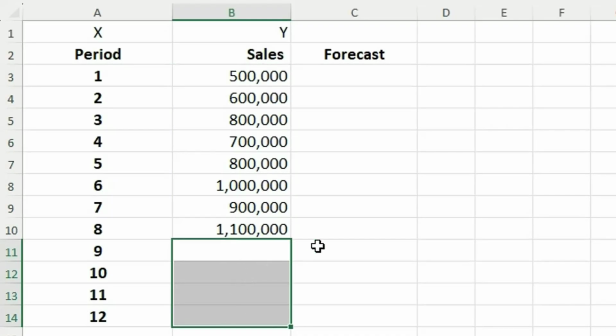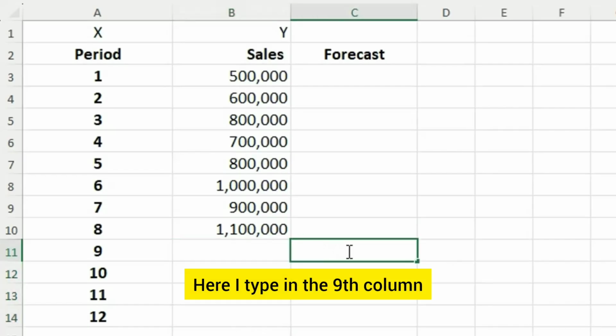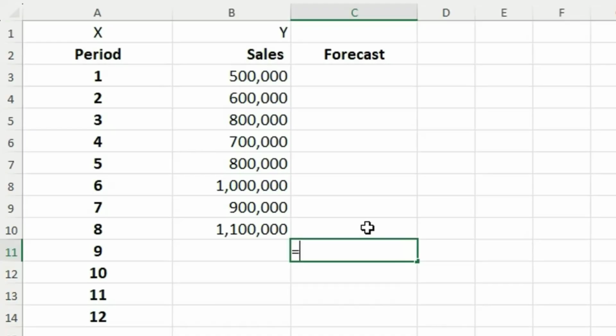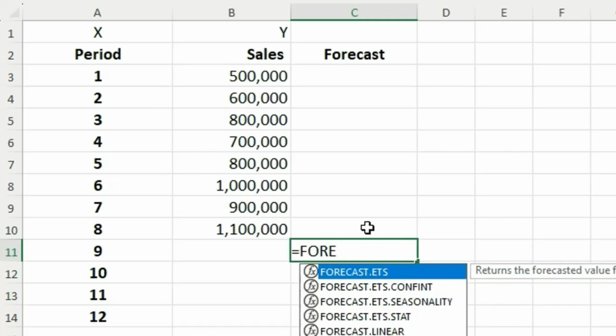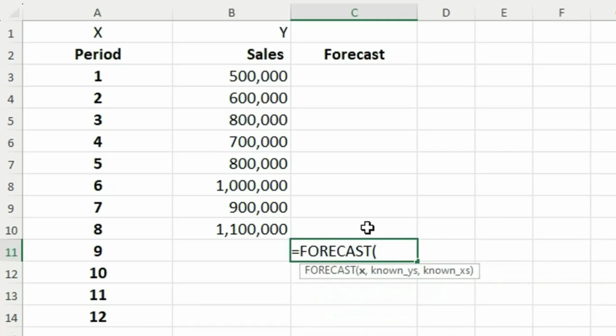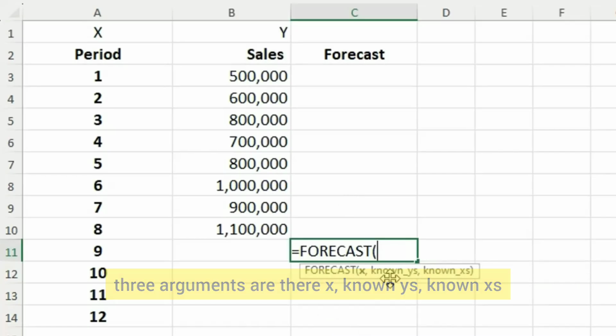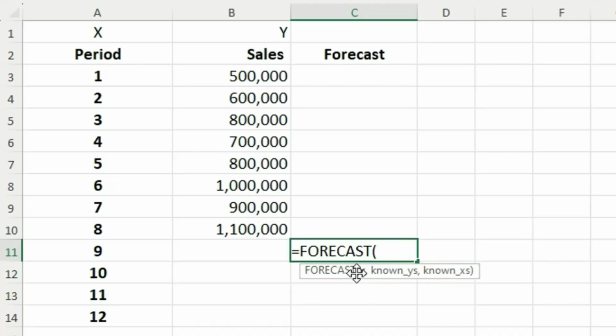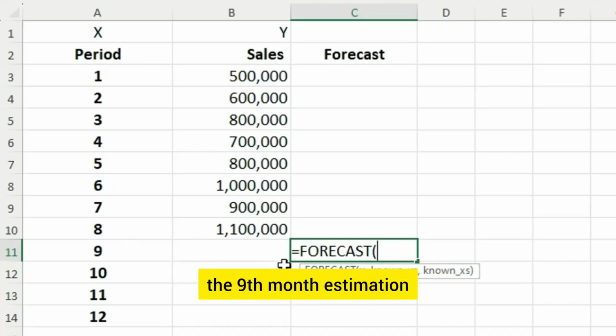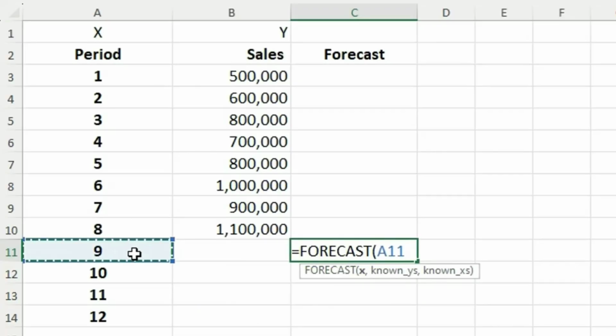So for this, here I type in the 9th column equal to the formula FORECAST of, I open the bracket. There are 3 arguments are there: x, known ys, known xs. In x I give the 9th month estimation. So I select 9th cell, comma,